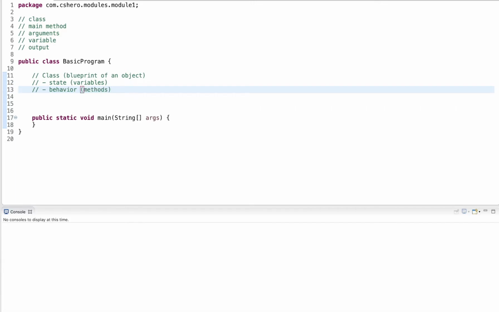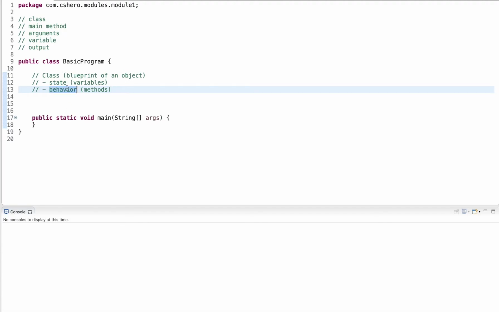Now, to give you an example, let's say we have a car. A car has a state such as the number of seats, the steering wheel, the engine, the wheels, the color of the car, the speed of the car, if the lights are on or off, if the engine is on or off. And then it has behavior such as turning on the engine, turning on or off the lights, accelerating, braking, turning.